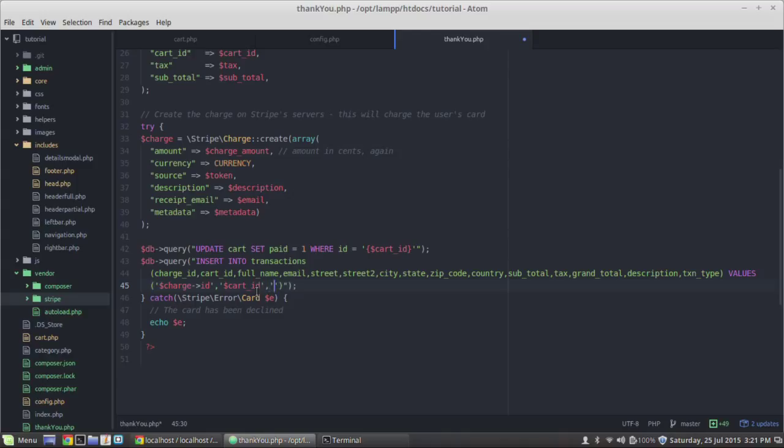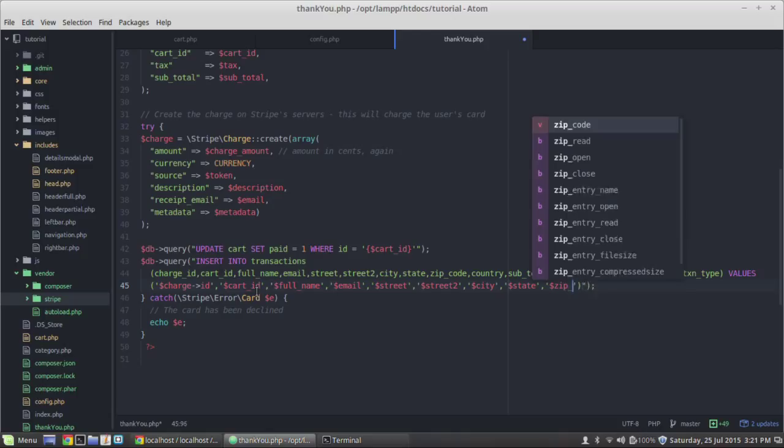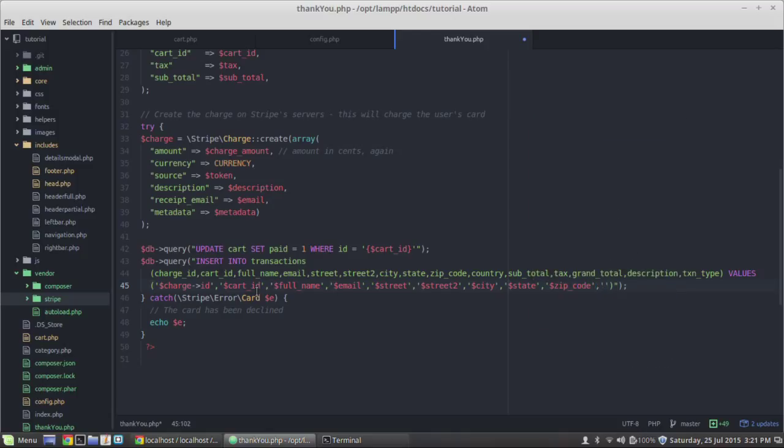Each one of these are going to be a comma in between them, and then we got full name, email, street, street 2, city, state, zip code, country,